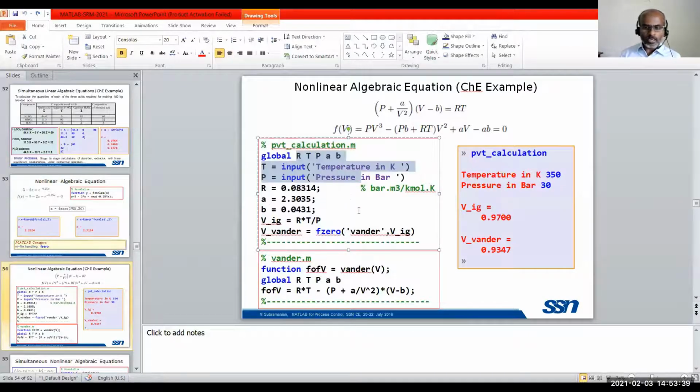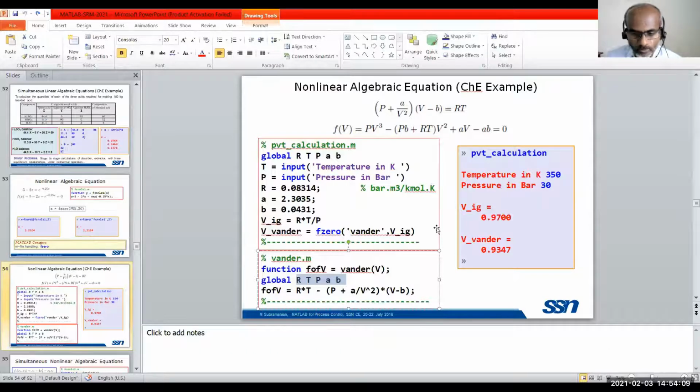These data are to be shared to the wander.m file, because wander.m uses R, T, and P in its calculation. If I don't pass those values here, it has no idea about R, T, P, so all these values are simply 0. Only by using global are the variable values shared between files.